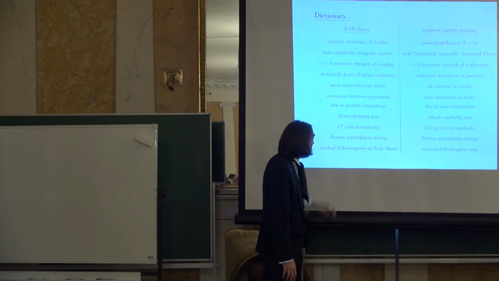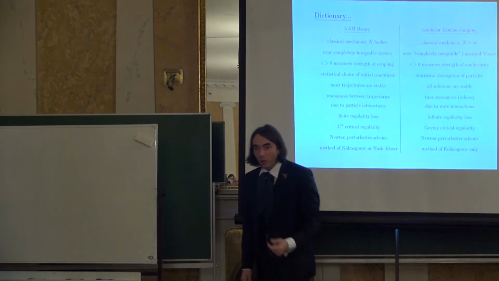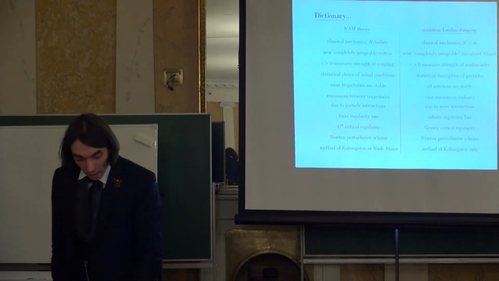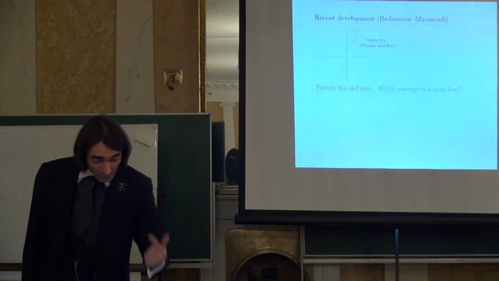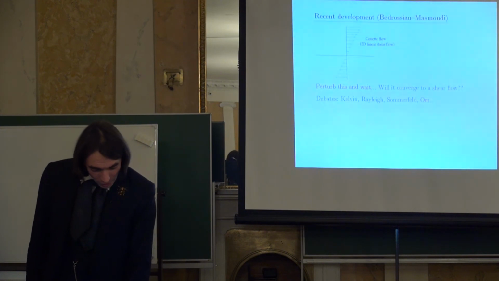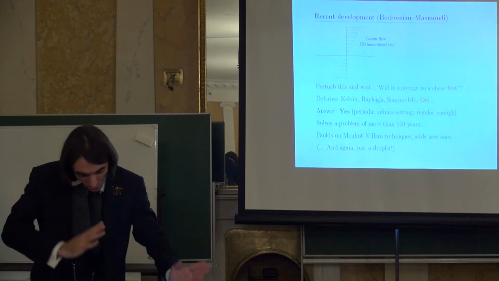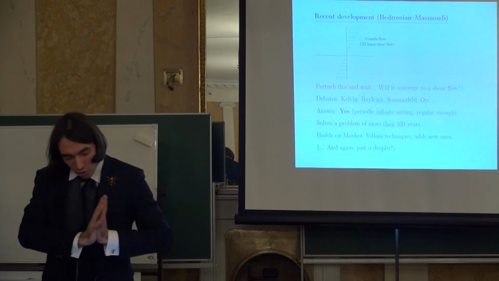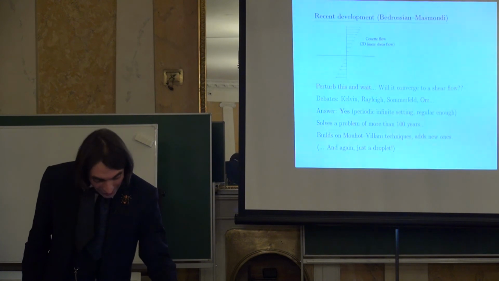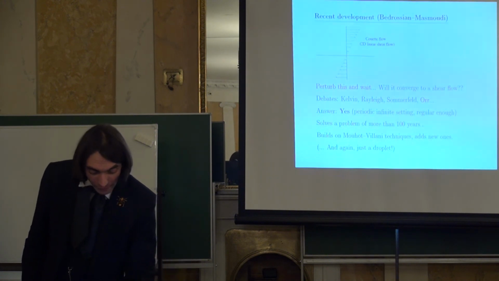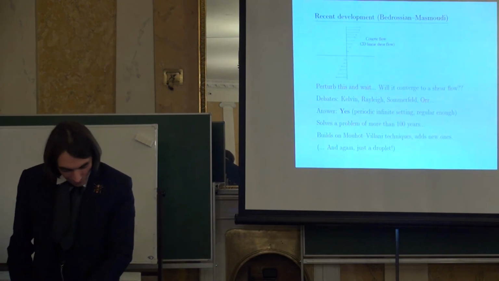In one case, the enemy is the interaction, resonances between planets. In the other case, it would be resonances between plasma waves. And I will conclude by saying that using the same ideas and methods, Bedrossian and Masmoudi were able to solve a problem which was open for more than 100 years about the long time stability of a shear flow, a linear shear flow that you slightly perturb, and you want to know if it will converge to a shear flow again in large time. The answer is yes. And again, this is related to this story which I started with Kolmogorov, continued with Landau, etc.